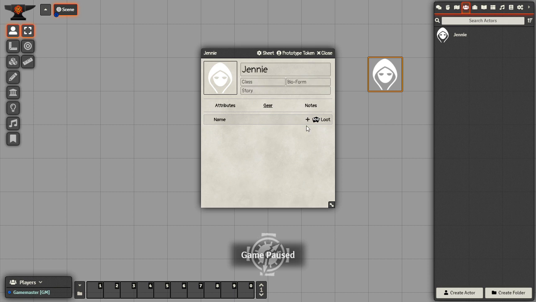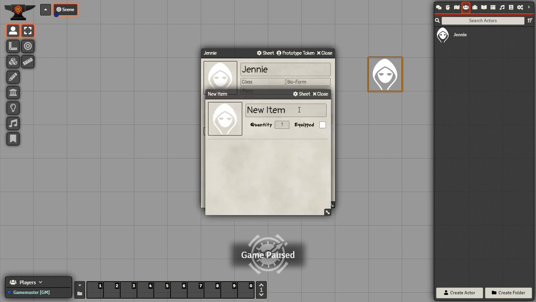So for gear, if you wanted to add something, let's say you wanted to add common armor, you can just add it: armor, quantity 1, give a description. If you wanted to, adds +1 to armor, whatever you want to do, so you can completely customize it. Again, you can add images by clicking on here, save, and then you can choose whether it's equipped or not,